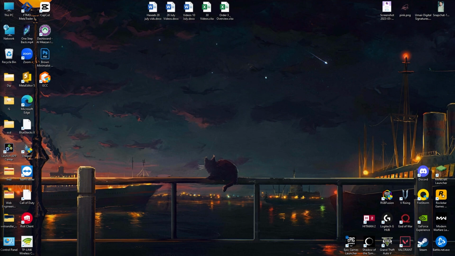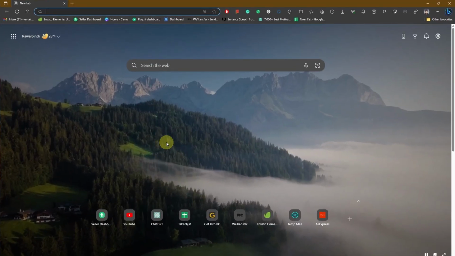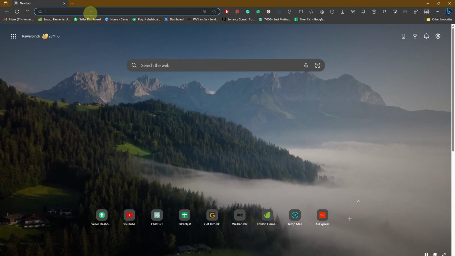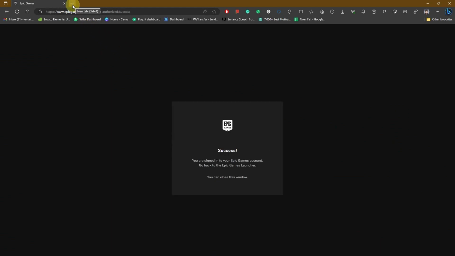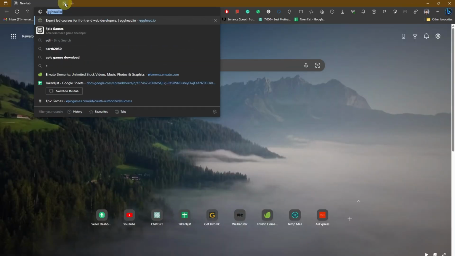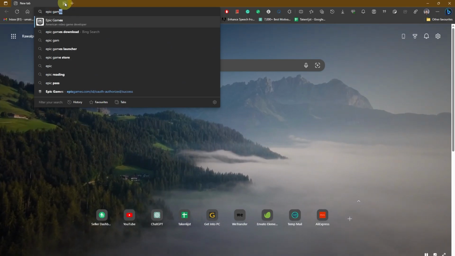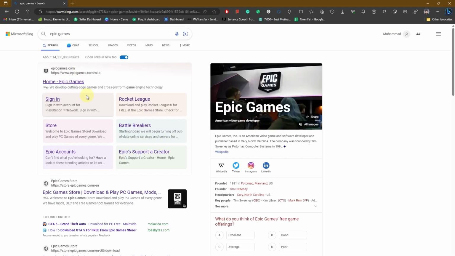In this video we are going to be learning how to download and install Fortnite on PC. So first of all, you're going to be heading over to Epic Game Launcher. So you're going to be downloading Epic Game Launcher. So for that you're going to be simply heading over to this website called Epic Games and simply click on